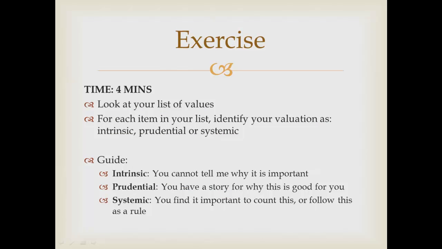So let's try another exercise. Look at the list of values that you just created for yourself. For each item in that list, put the label intrinsic, prudential, or systemic. This is important because this will lead into the next exercise, and a quick guide is that if you have